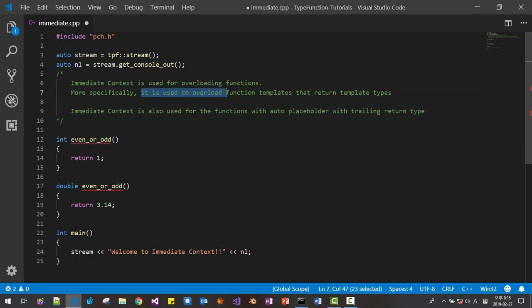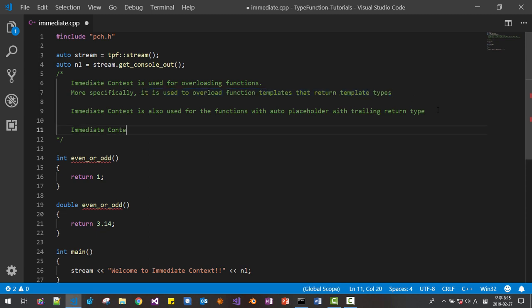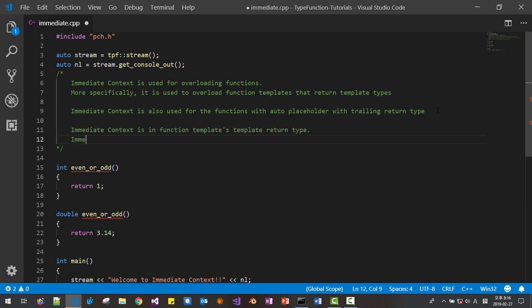It is used to overload function templates that return template types. Immediate context is in function templates' template return type. Immediate context is in the trailing return type specification of the function with auto return type placeholder.